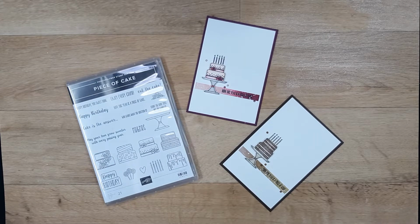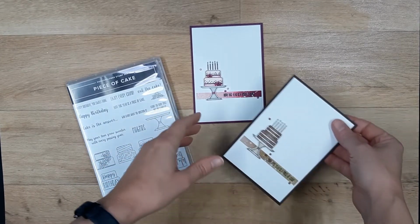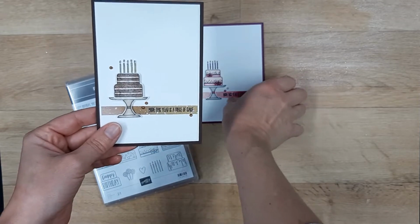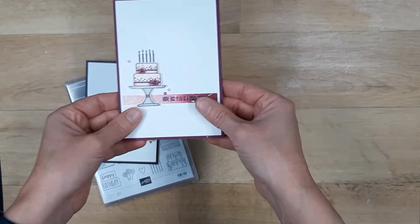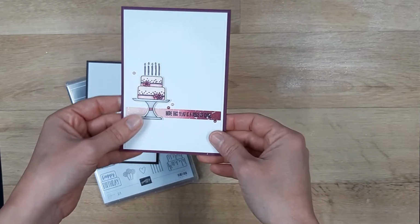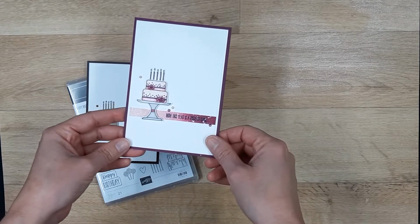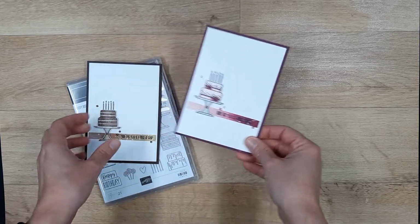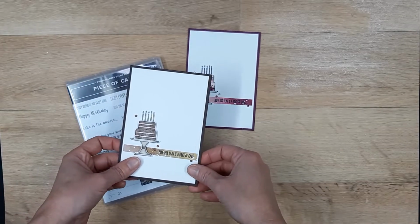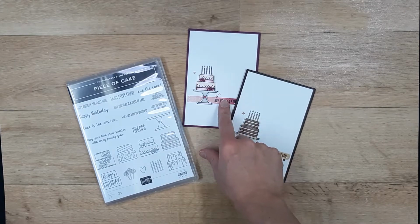And today's tutorial, I'm going to show you how to create some of these beautiful blended strips on the background of these cards. And we're also going to do a little bit of colouring with the Stampin' Blends for these beautiful cakes. Now, I have to admit, this card is super simple, super quick, and you could probably make quite a few of these in a very short space of time, which I think is a great idea for making cards. So what we're going to do is I'm going to show you a little trick to make this beautiful